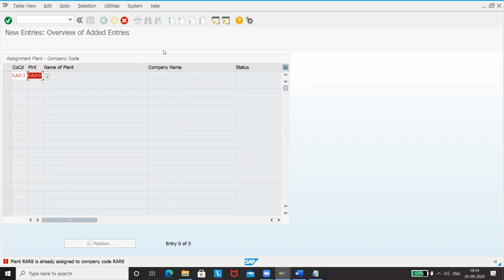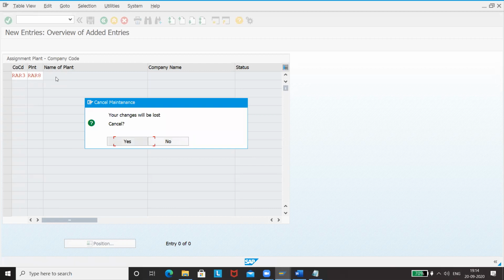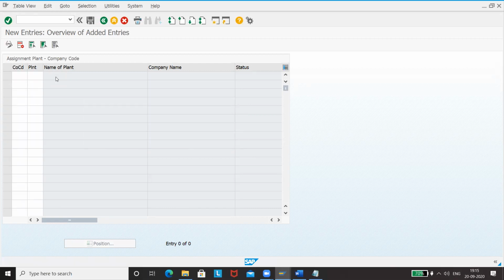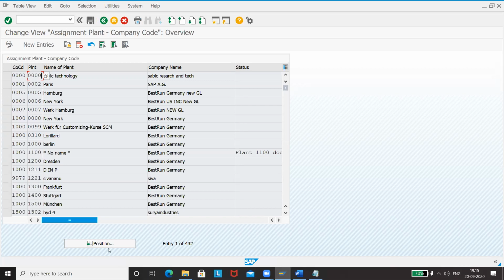Okay, I think since we have maintained this for that, we will not be able to maintain it here. In that case, what we can do is create our own plant, but that requires a lot of configuration as well to be maintained. Instead, I'll see if I can delete that one earlier on and maintain it again.